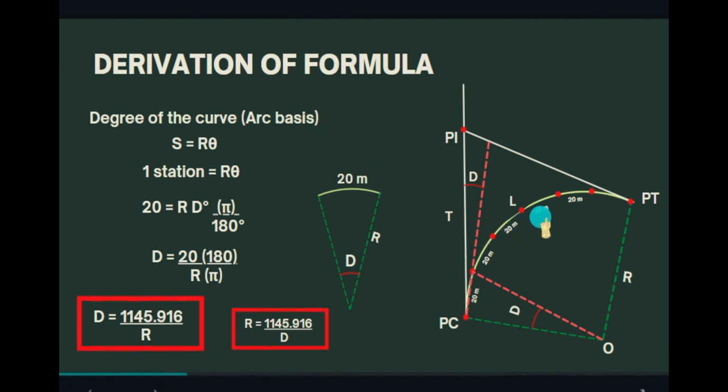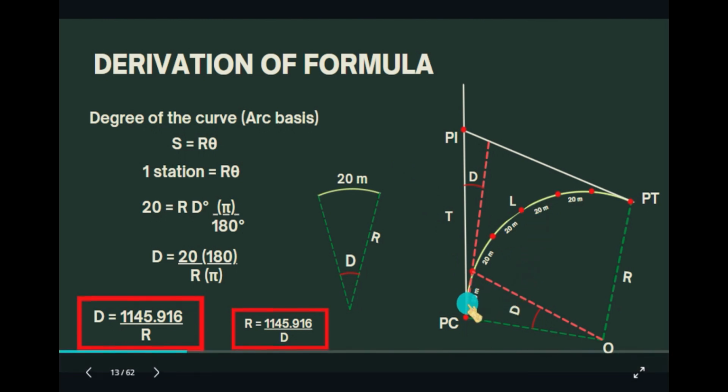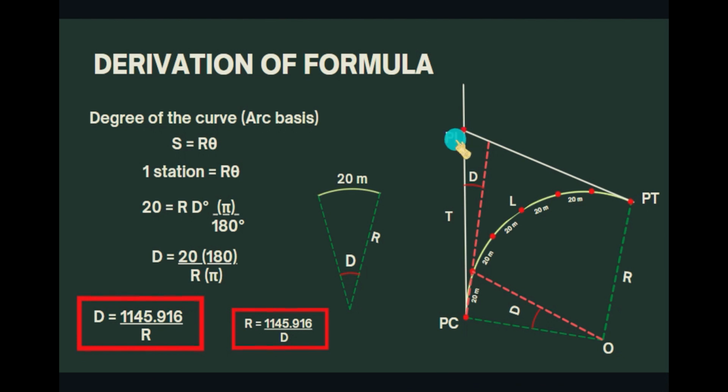In layouting a simple curve, we usually use PC as the initial position of our instrument. So in locating the points, we position our telescope and line of sight parallel to the tangent line. Once we find the PI, or the vertex, we set our horizontal angle here as 0, and then we deflect. Then the deflection angle formed is where our point is located. So the red points here are our stations, and in DPWH, the distance from station to station is 20 meters